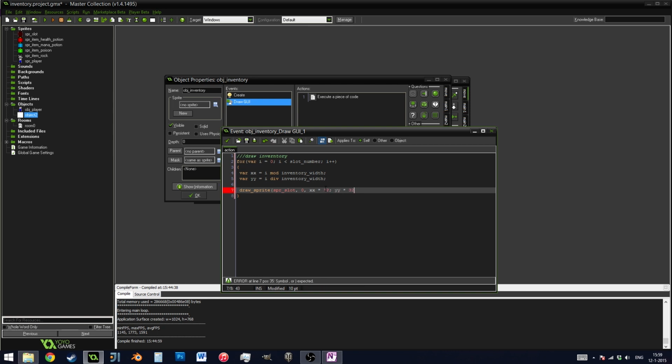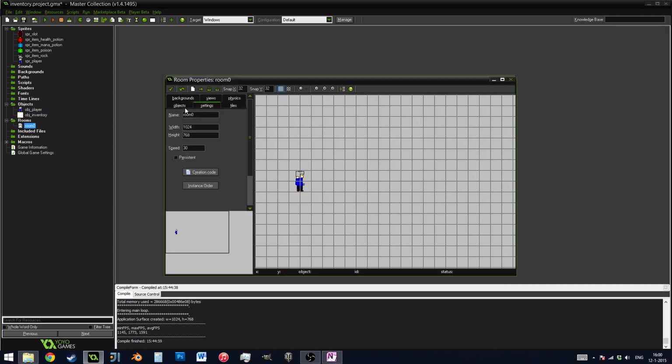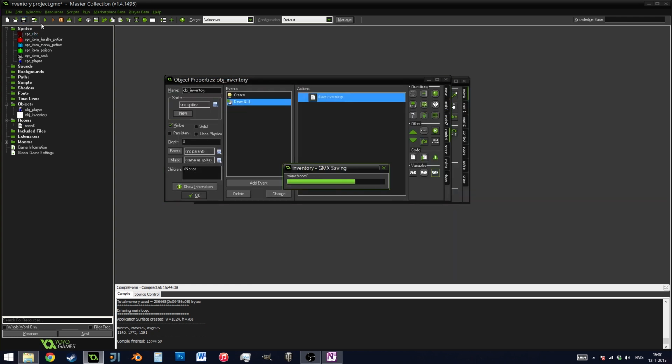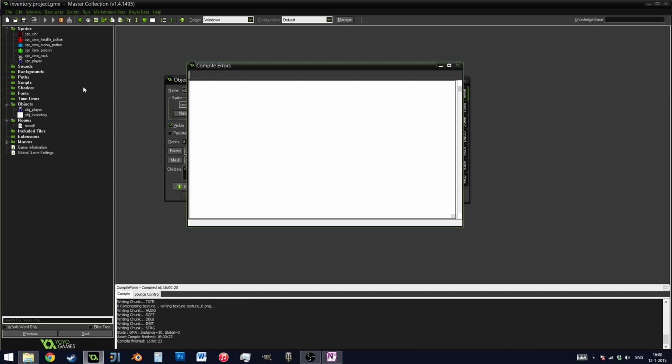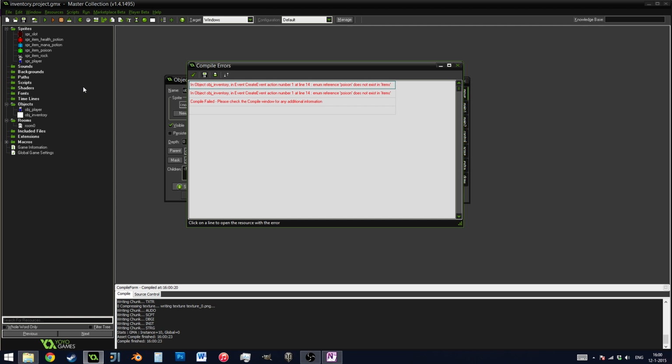Now the problem with the setup I have here is that I am drawing everything in the top left corner. I want to move everything to the right, and I'm going to move it by, let's say, 500 pixels. So I'm going to do 500 plus xx times 32, yy times 32. If I press OK and place obj_inventory inside this room, what we should see is 20 slots being displayed on our screen. And of course we get an error somewhere